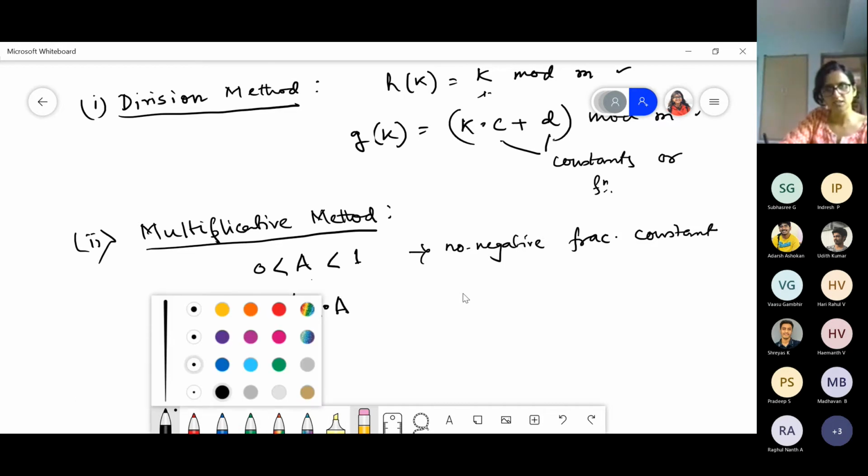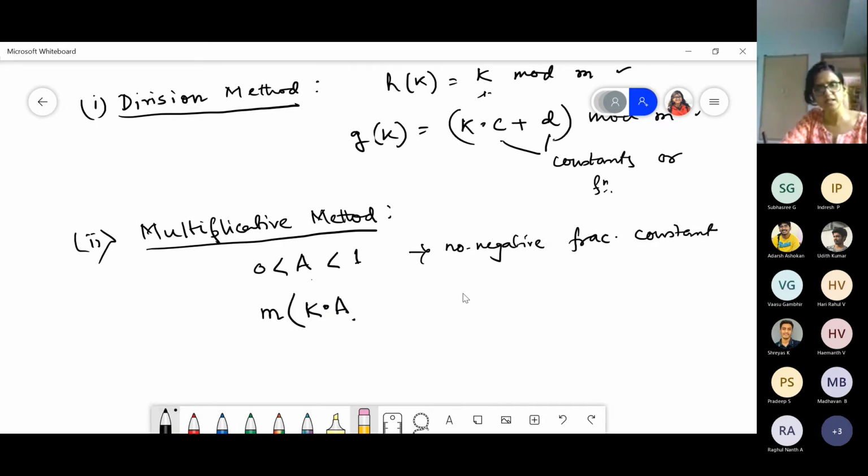So if I am taking k into a, this will be some value. Say k a is 0.7 and my k is say 10. Then it is not required actually, but say k is 11. 10 plus 1, 11.